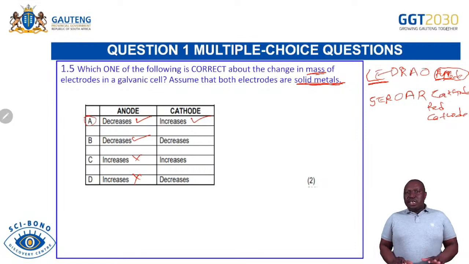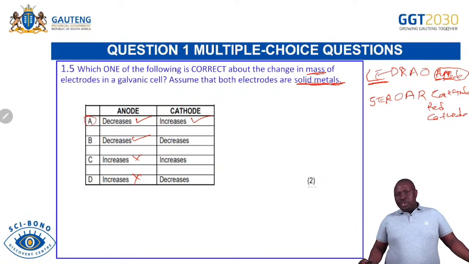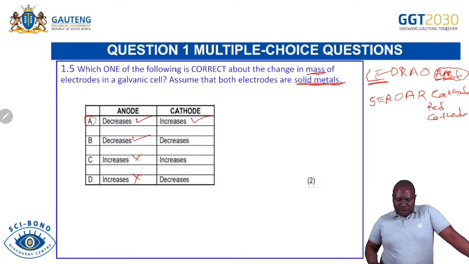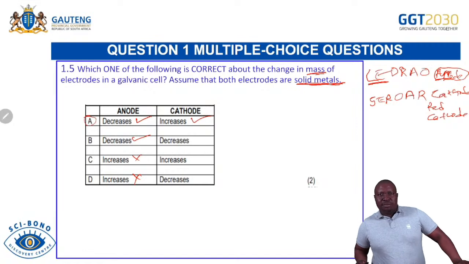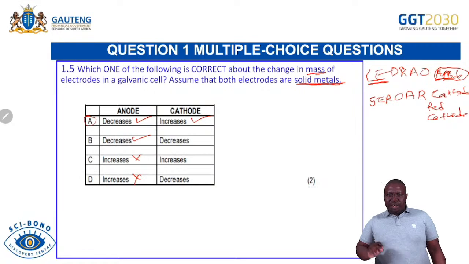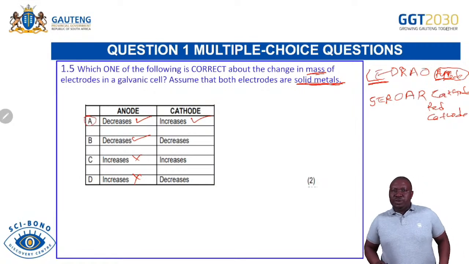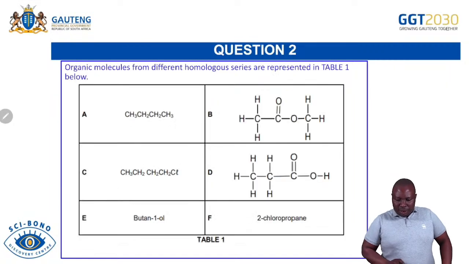I hope I was able to help you as far as multiple choice questions are concerned, and practice as many questions as you can. And one thing I want to talk about in multiple choice before I get out of it is that please don't leave a multiple choice question unanswered. Ensure that you answer all your multiple choice questions so that at least we know that you will get the marks. Remember, you still have 25% chances of passing multiple choice. So there must be an option that you have. Even if you say, I don't understand the question, you can't leave it blank. You must answer all the multiple choice questions.